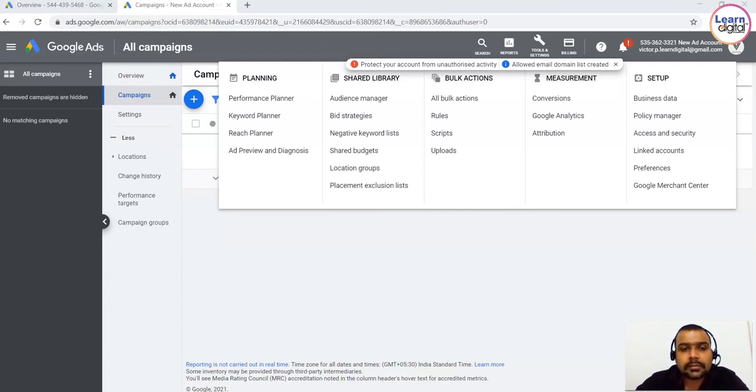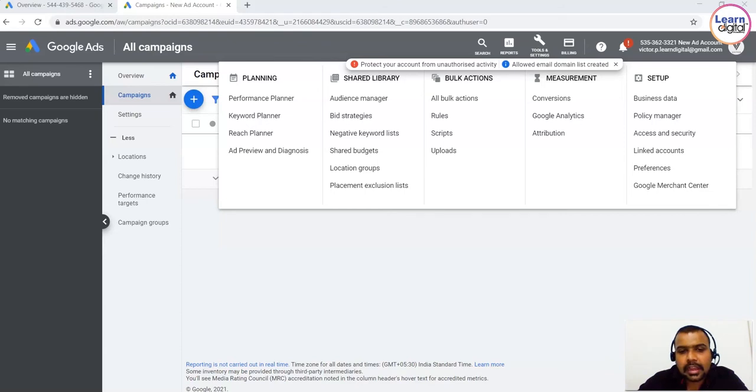So what is a click? If people have seen your advertisement on the Google search engine, they'll be clicking on that particular link, that becomes a click. So we call it a CPC campaign if we create it. Then we have impressions, like how many people are going to view your advertisement, and what is the expectation that you have. So that becomes the impression. So Google has different bidding strategies, based on which we will be creating the campaigns.